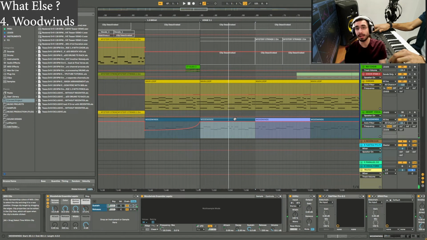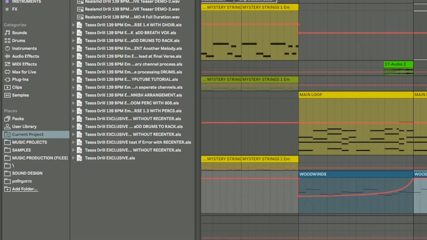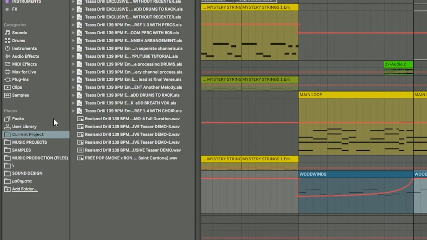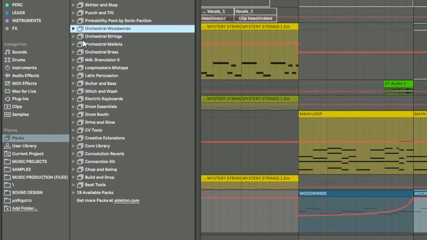So one great way for you to alter your strings is to use woodwinds or even brass. And woodwinds are again from Ableton's stock plugins. If you have this original, it is under packs: orchestral strings, orchestral brass, orchestral mallets, orchestral woodwinds. You can have all of this. I think even if you have this